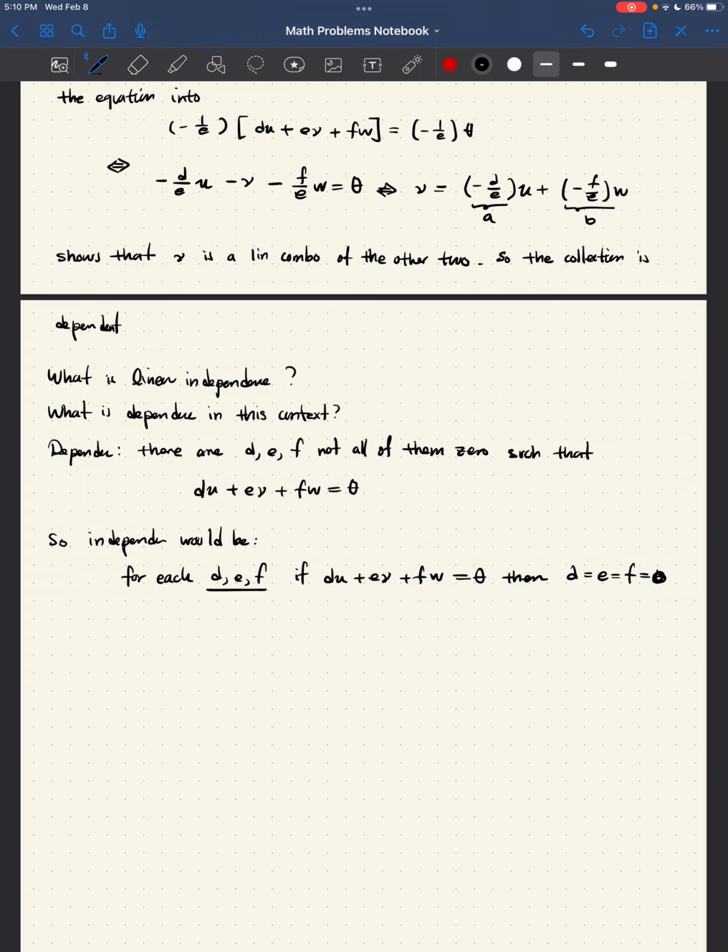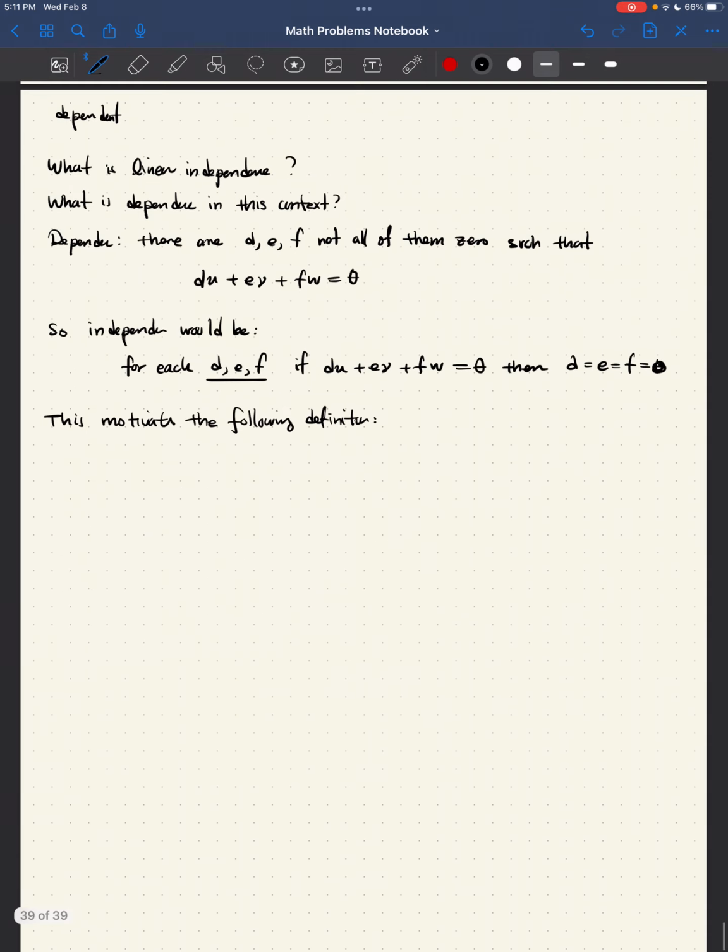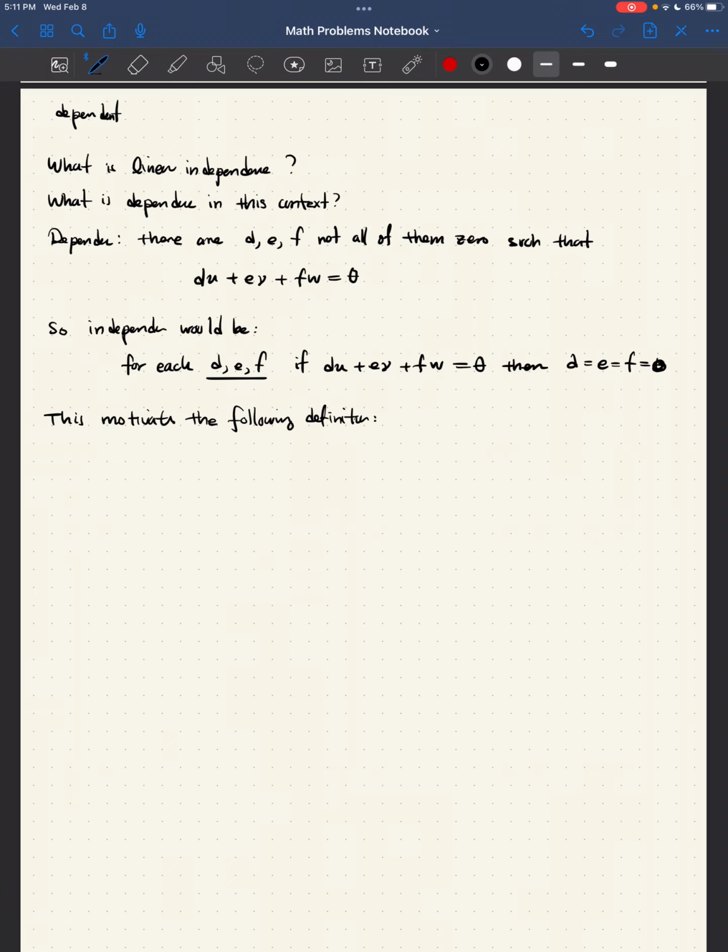So this motivates the following definition. I would say a set of vectors like this: U1, U2, UK of Rn, meaning taking n entries, is linearly independent